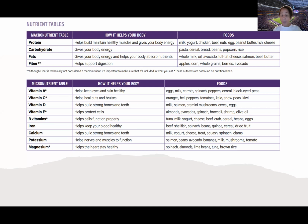Now they add in fiber because it's not really a macronutrient, but it is important that we make sure that we get enough fiber, and we'll talk about that one. So protein, again, like logs to a fire, it gives us energy. It keeps that energy going long, but we don't want to make up a lot of our energy out of protein. Why? Because it helps us to build and maintain healthy muscles, and it gives your body that energy in